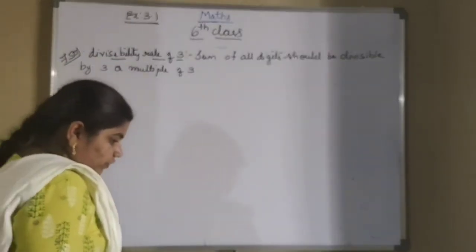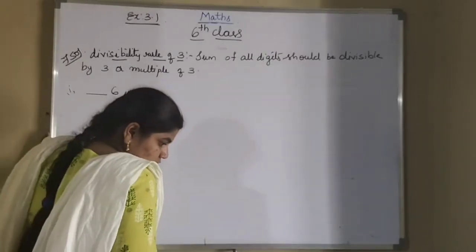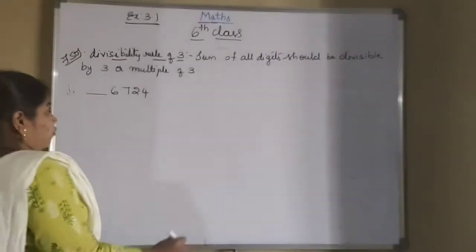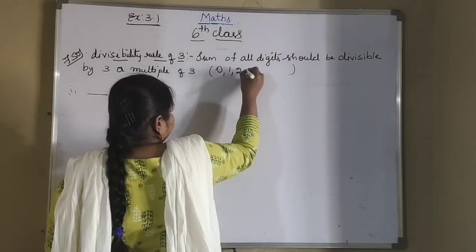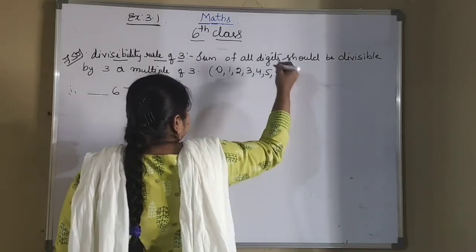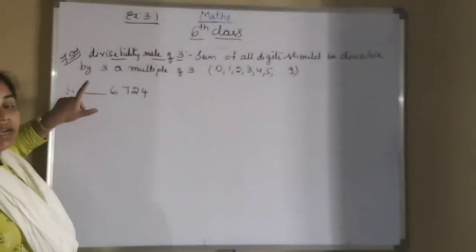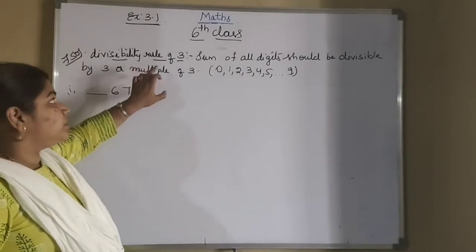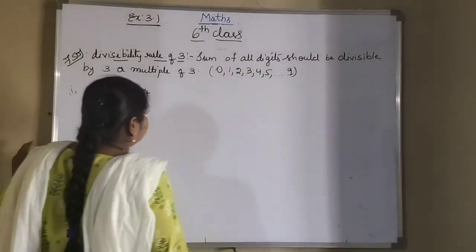Okay, so what is the first one here? Whatever single digits here, which values will we call digits? 0, 1, 2, 3, 4, 5, and so on up to 9. We will call these numbers digits. So which smallest digit and which greatest digit will we substitute here to make the whole number divisible by 3? We have to check.